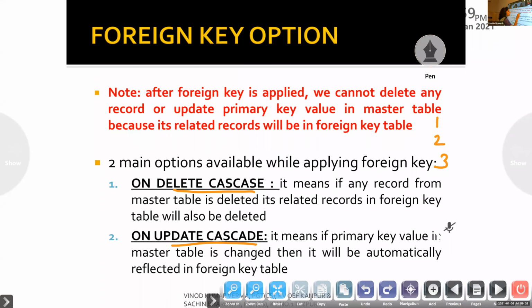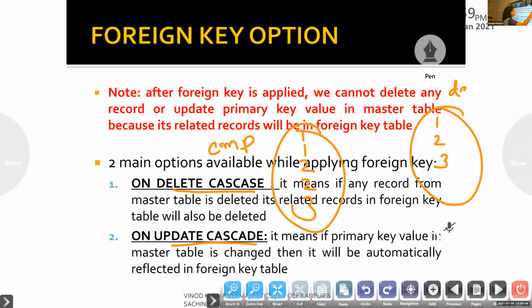Suppose I am writing here 1, 1, 2, 2, 3. This is EMP table. This is department table. And this is the primary key column of department table. This is the foreign key column of employee table. Suppose I am trying to delete this particular 3.